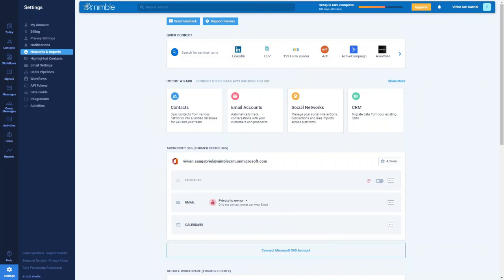All right, so now that we're here, we can first make sure that your email account is connected to Nimble. Like I said, Nimble supports all email providers as long as they are IMAP. That's IMAP. We don't support POP. That's POP. But even if your email is POP, you can try contacting your email provider to see if they can enable IMAP for you. That being said,